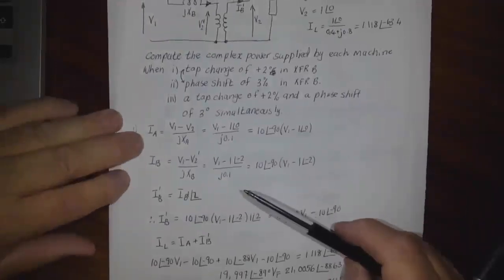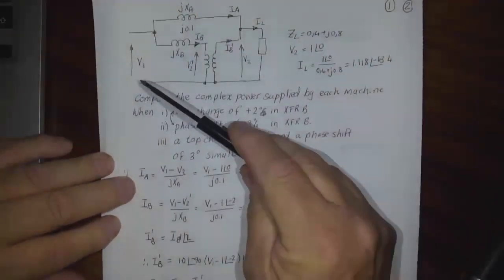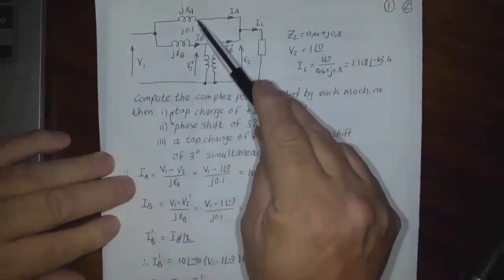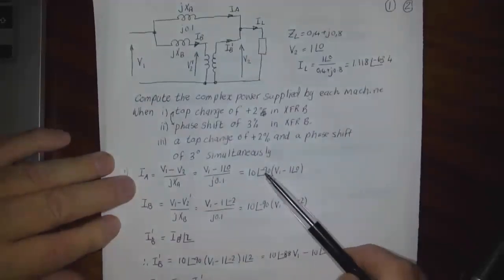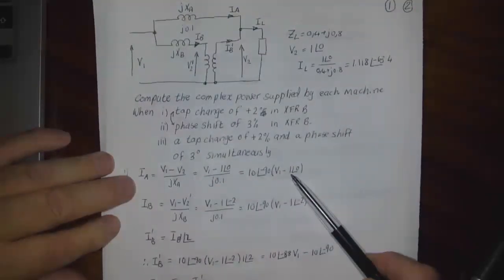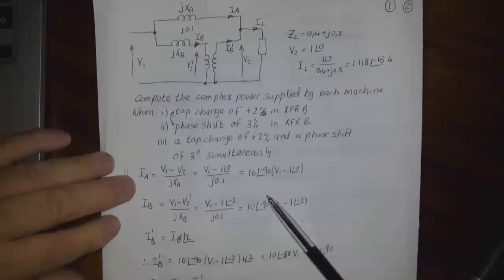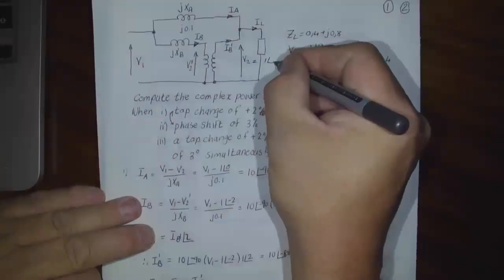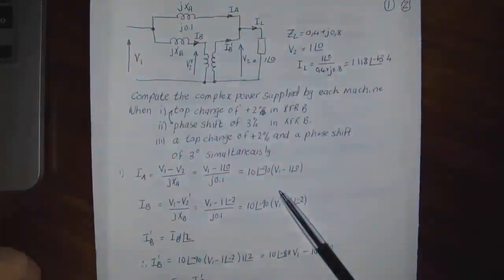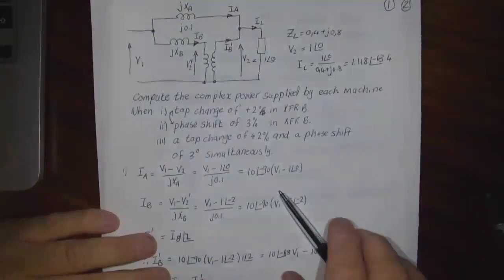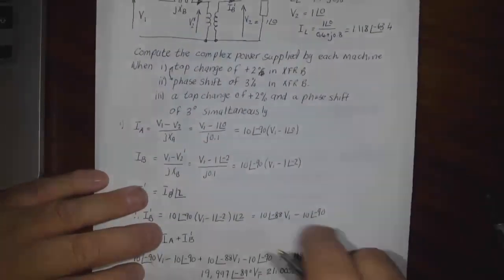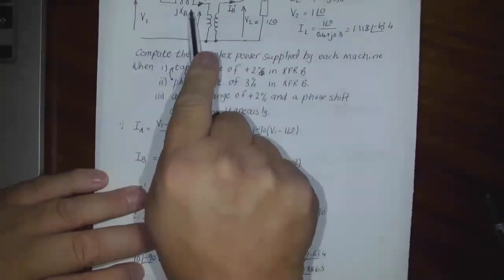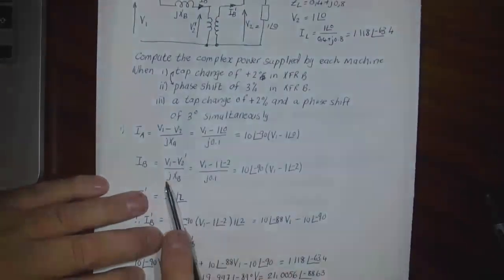All right, so first of all, we calculate IA, which again is V1 minus V2 divided by the impedance between them. That gives us 10 angle minus 90, V1 minus 1 angle 0. V2 is always equal to 1 angle 0. And therefore, IB will be V1 minus V2 dash divided by jXB. That gives us